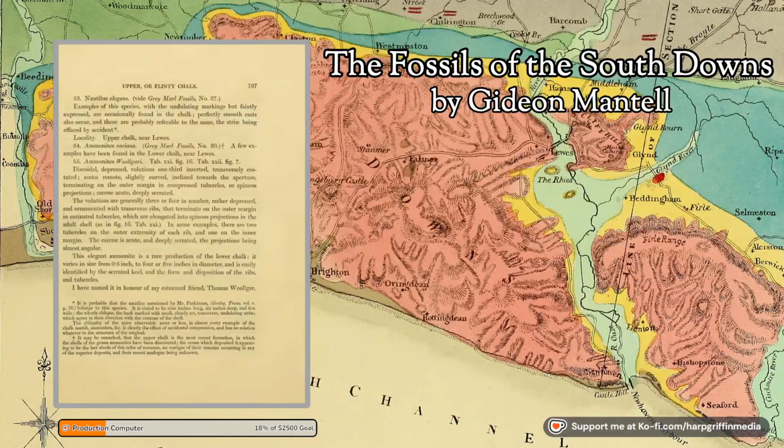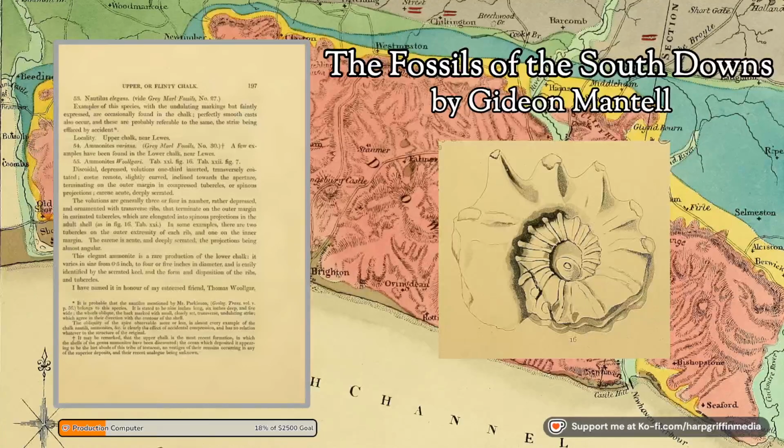54. Ammonites varians, Gray Marl Fossils, number 30. A few examples have been found in the Lower Chalk, near Lewes. 55. Ammonites Woolgari, tablet 21, figure 16, tablet 22, figure 7. Discoidal, depressed, volutions 1/3 inserted, transversely costated, costae remote, slightly curved, inclined towards the aperture, terminating on the outer margin in compressed tubercles or spinous projections,